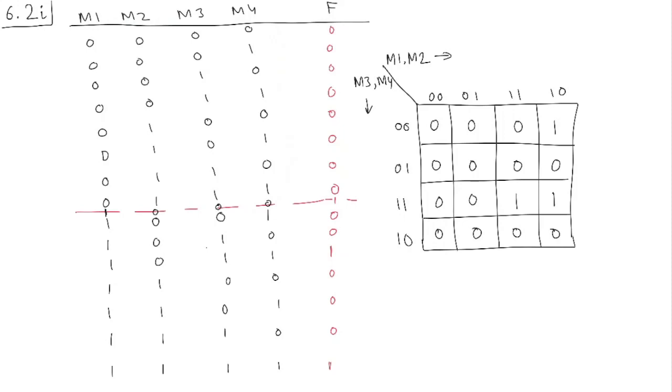So that's our K-map, and we want to reduce it. And to reduce it, remember we have to make groups of these ones, right? So let's make groups. So one group that we can have is this one,